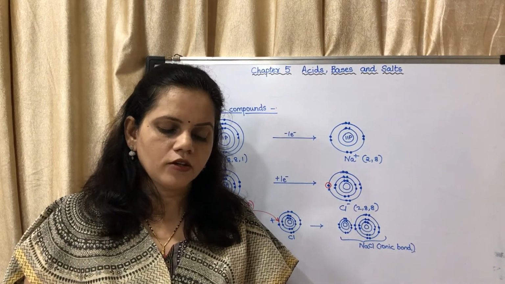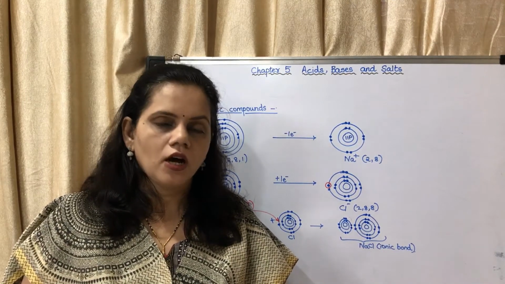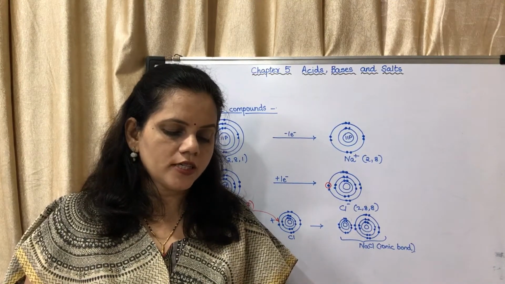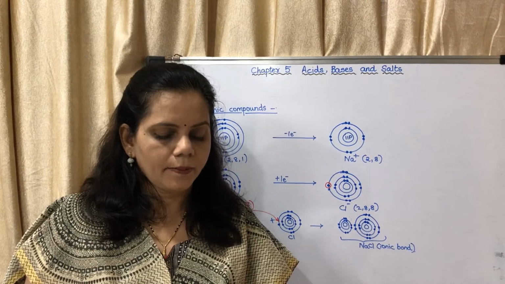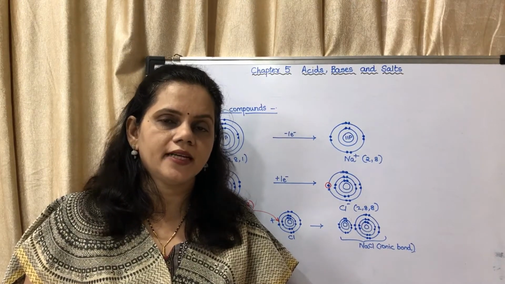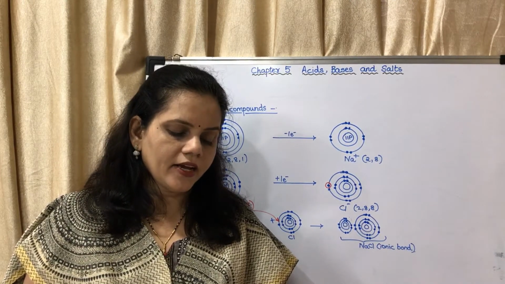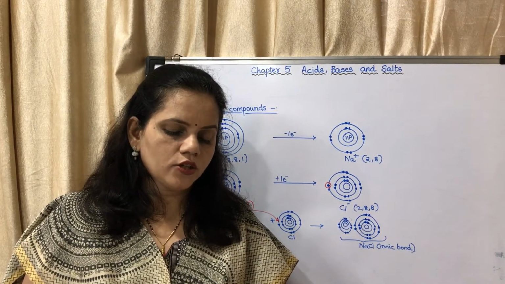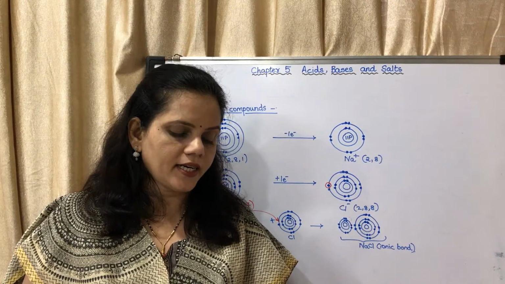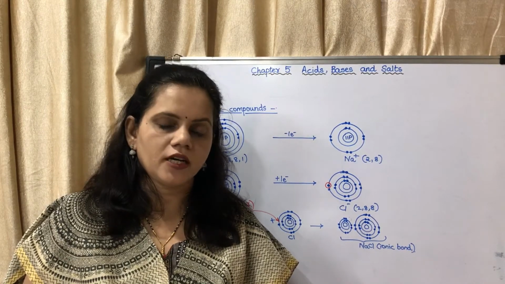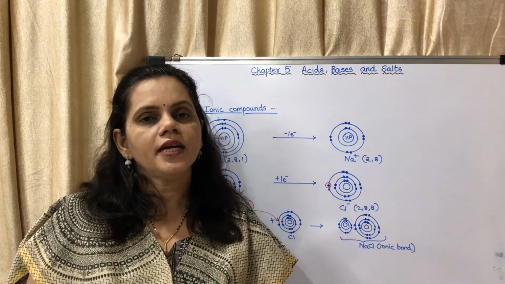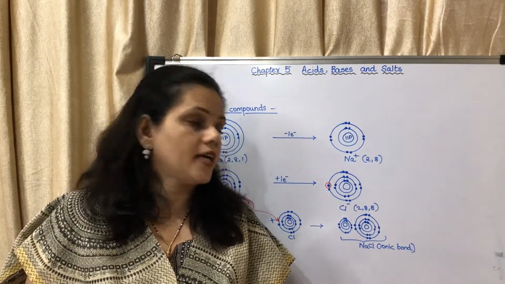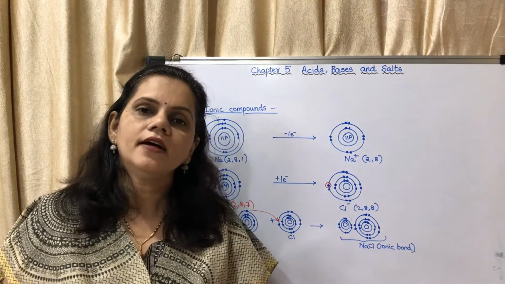An ionic compound forms an aqueous solution on dissolving in water. In the solid state, the oppositely charged ions in the ionic compound are sitting side by side. When an ionic compound begins to dissolve in water, the water molecules penetrate in between the ions of the compound and separate them from each other. So the ions separate from each other. Which ions? The positive ion and the negative ion.